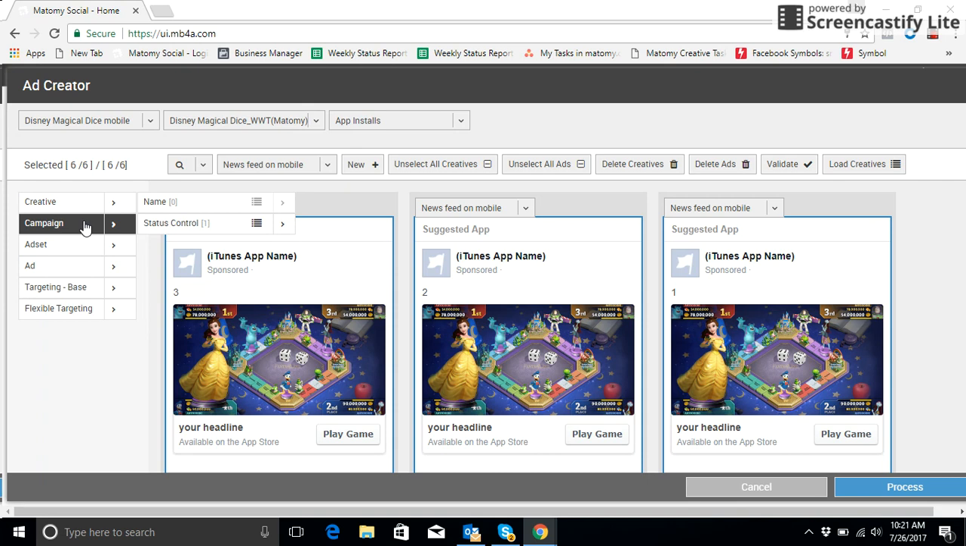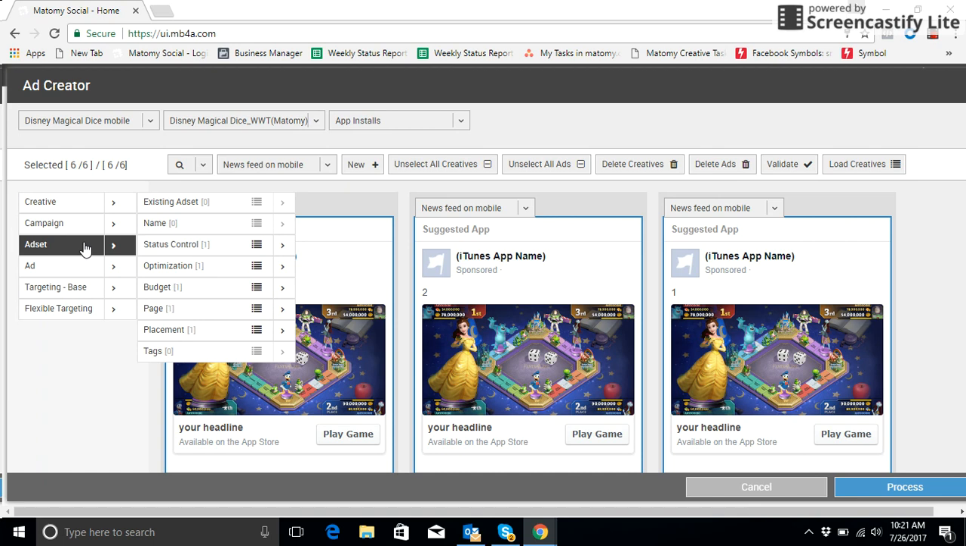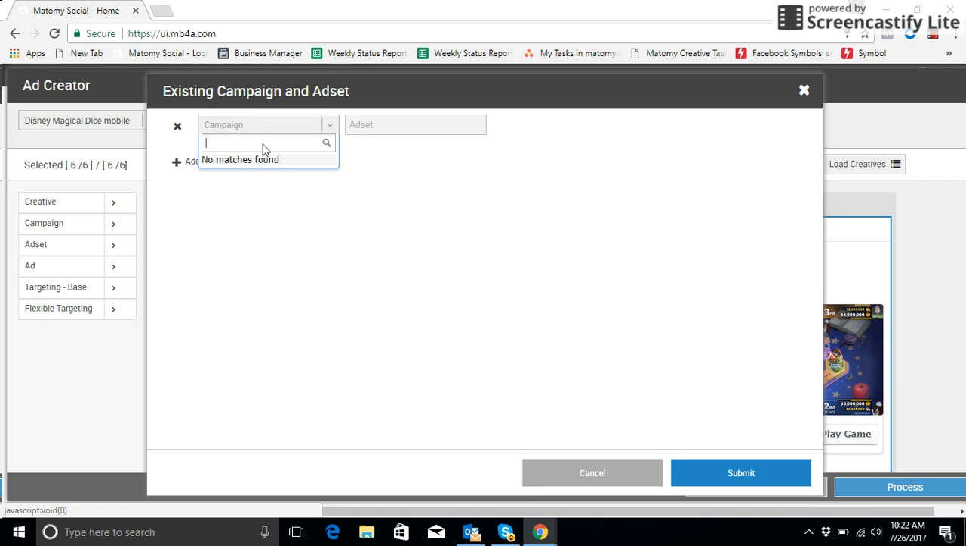Okay, then the next thing we have to do is choose a campaign name. And a little thing I mentioned to Eliran, which they're going to fix. Basically, if you want to choose an existing campaign, they're going to move it to here. But at the moment, if you want to choose an existing campaign, it's via the ad set level. You click existing ad set, then you choose,